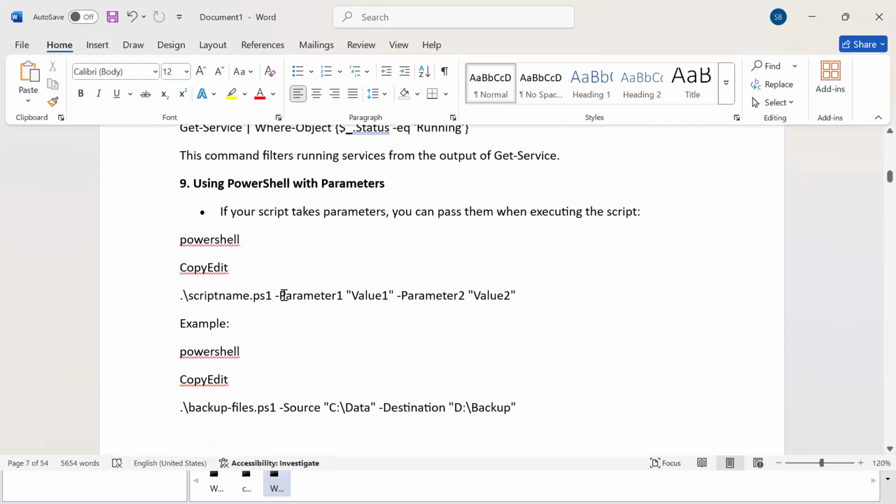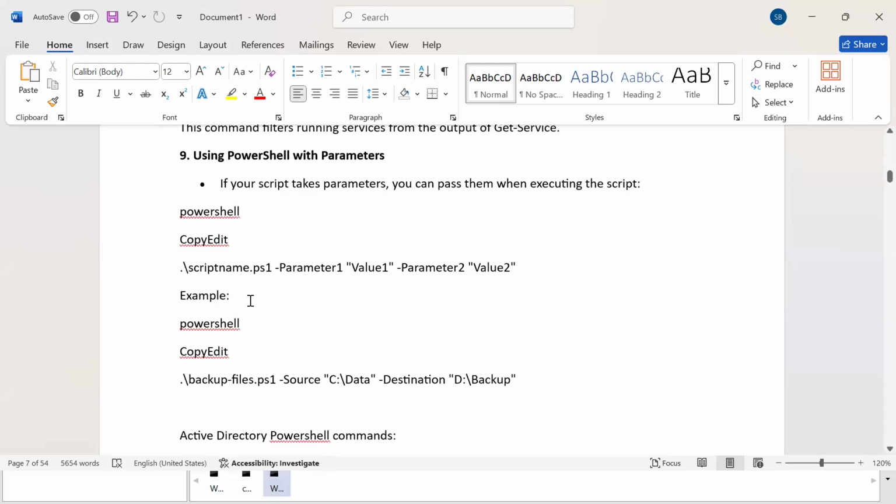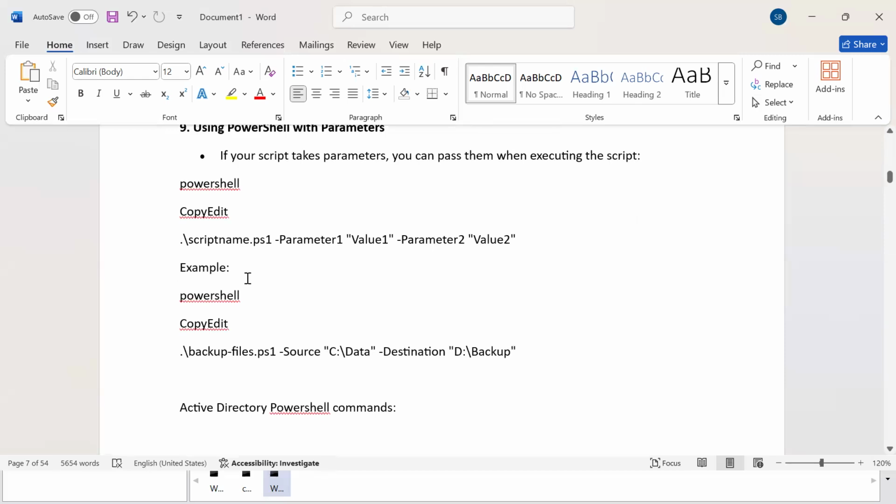Okay, we already have variables in your PowerShell script, and for those, the values you are passing from the parameters. So now here for execution of this script, parameter 1, parameter 2, say suppose for example source is C colon data, but in my another script I don't want C colon data. Then I can give my another value like this. Here different command line values